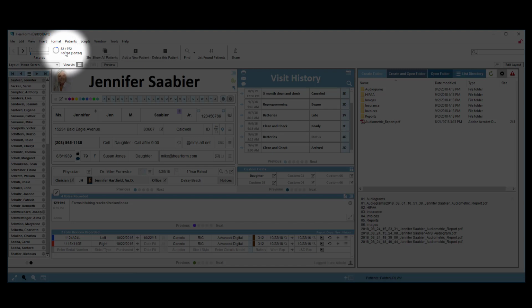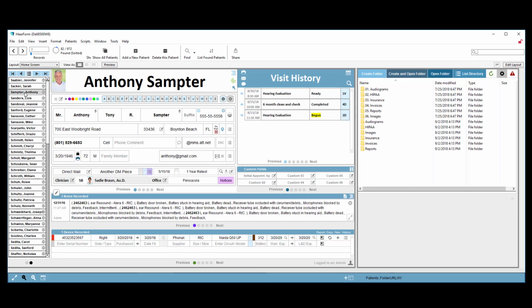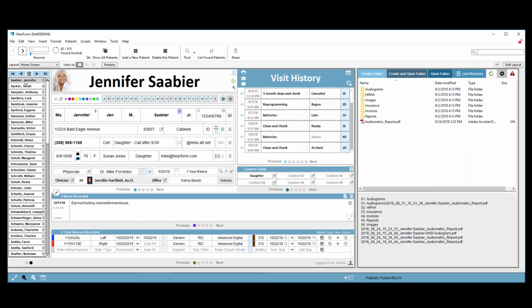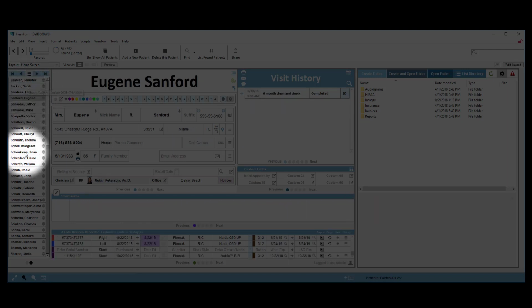The pie chart shows that 82 records matched that criteria, which means names that start with the letter S, and it's isolated all those patients so I can work with them individually here. We'll talk about that in detail shortly. So I can scroll up and down, I can omit individual records, and it's just a nice way to see